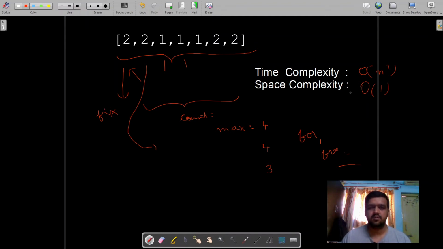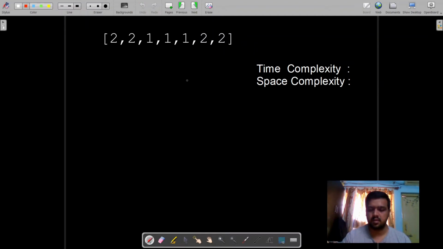So this was the first approach, but we are trying to upgrade this and improvise it to get a more efficient one. So let's go towards the next approach. Since we always want to keep the count of the elements into account, in the previous approach we are just counting the instances of each and every element, or to be precise, each and every unique element. So we have to do this in a better way. Some of the guys came up with the approach of using a hash map.